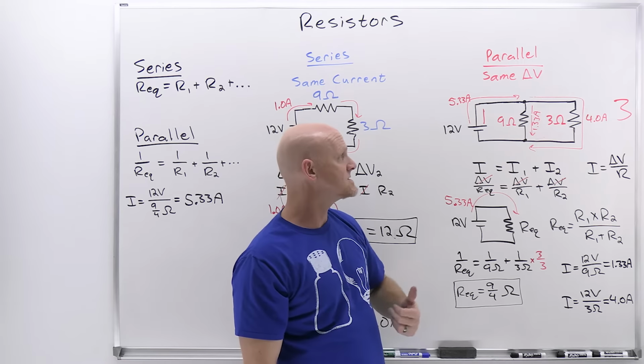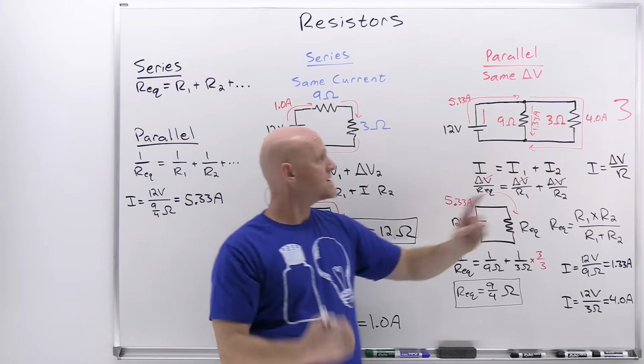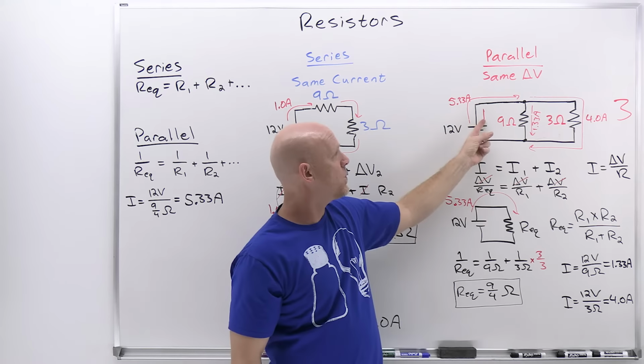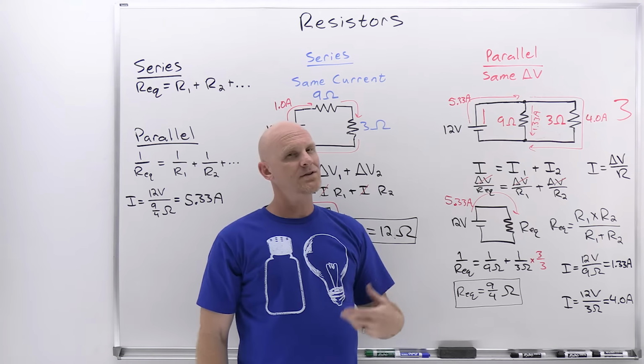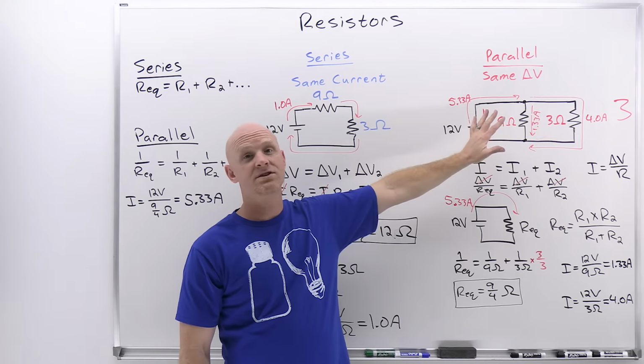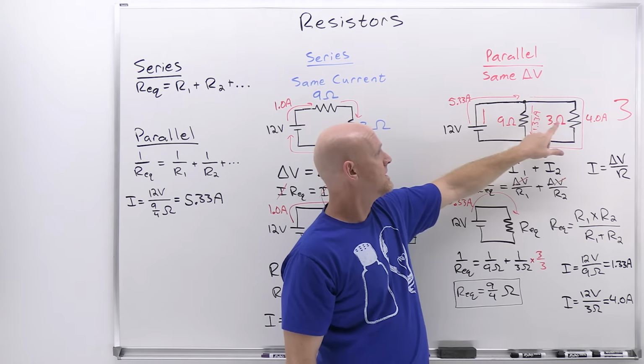So that's backwards in that sense. And in this case, with a 3-to-1 ratio, that's 3 out of 4 parts going through this path, only 1 out of a total of 4 parts going through this path. And if you don't like that reasoning of breaking it into a 3-to-1 ratio, and maybe it's not always going to be a nice round number that you can reduce it down to,